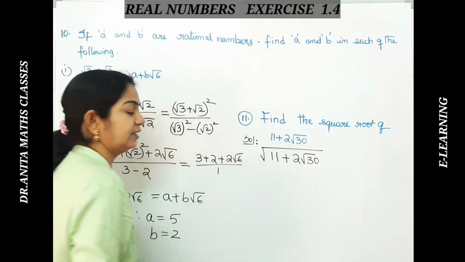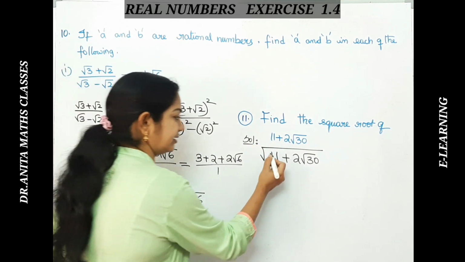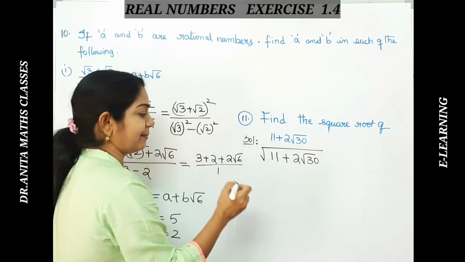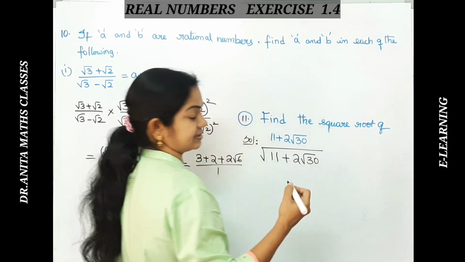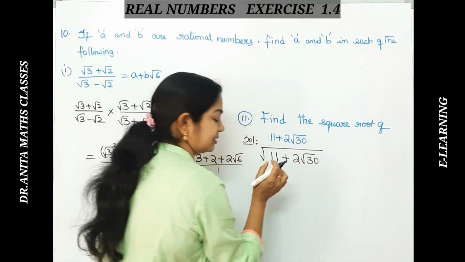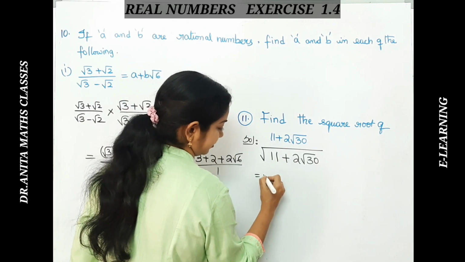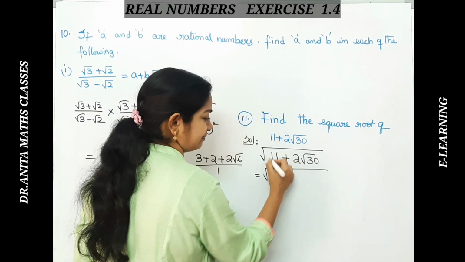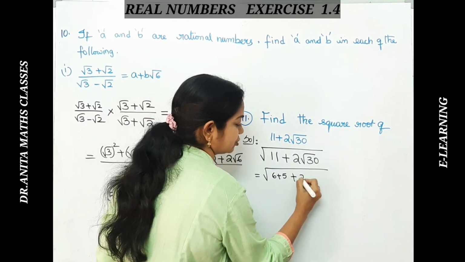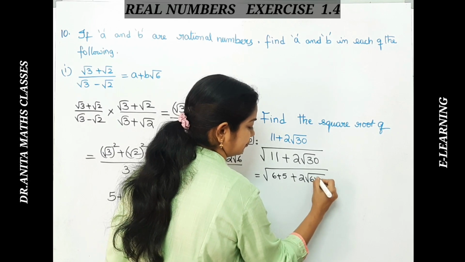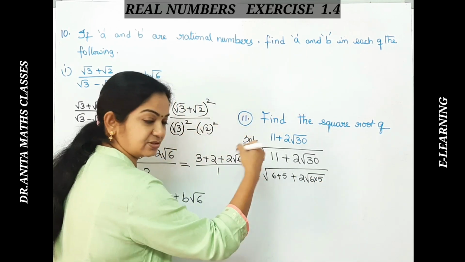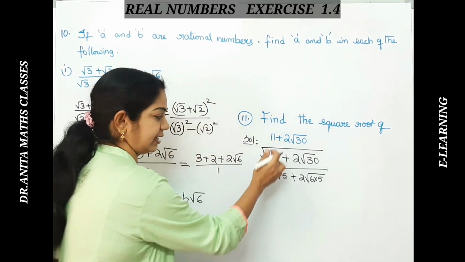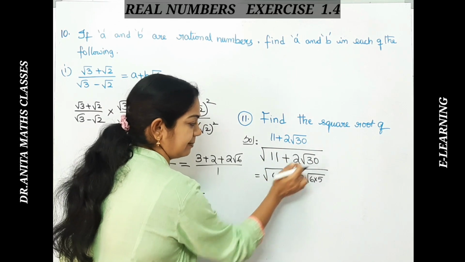Okay. Here if you see, there is a similar identity. See, I can write 11 as a sum of two numbers. Also here 30 I can write as a product, so that the product and the sum may be the same. So here clearly I can write this as 6 plus 5 or 5 plus 6. 11 as 5 plus 6 I can write. And the same thing, 2 into 6 into 5, 30. You can write 5, 6 or 6, 5, anything. So 6 into 5 is 30. Here 6 plus 5 is 11. So I am writing these two as sum and product.